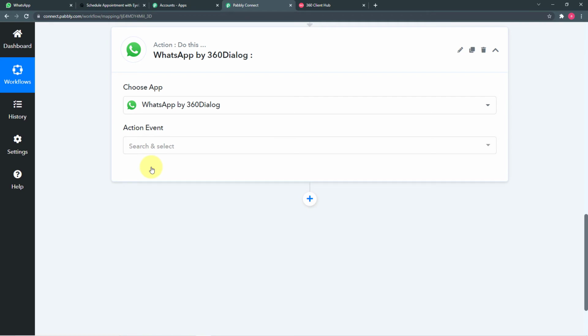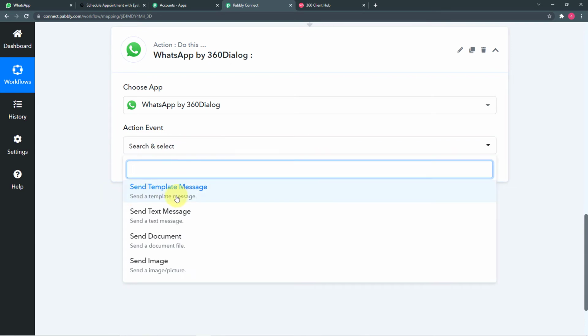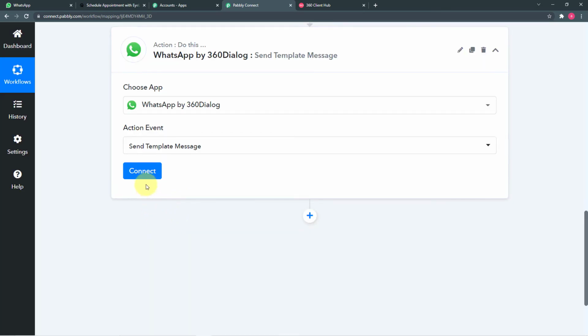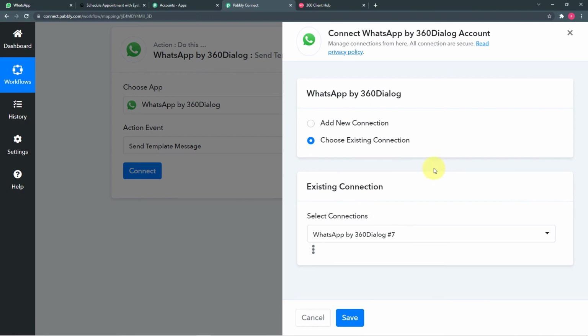Actually, to send messages on WhatsApp directly, we must have access to WhatsApp's chat API. So 360 dialog is an application which has the official access to WhatsApp's chat API. So by using this application, we can send messages on WhatsApp directly. Okay, so in this action event, select the send template message option, then click on connect, and from this window